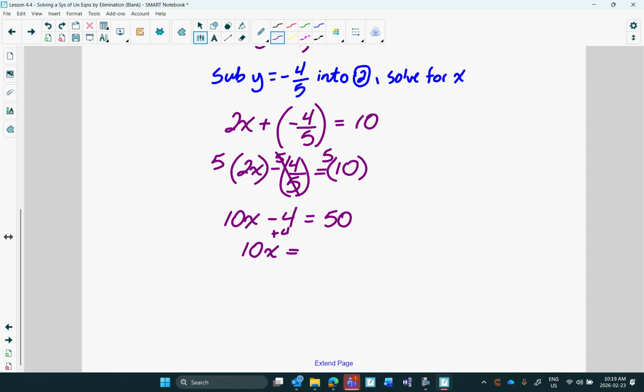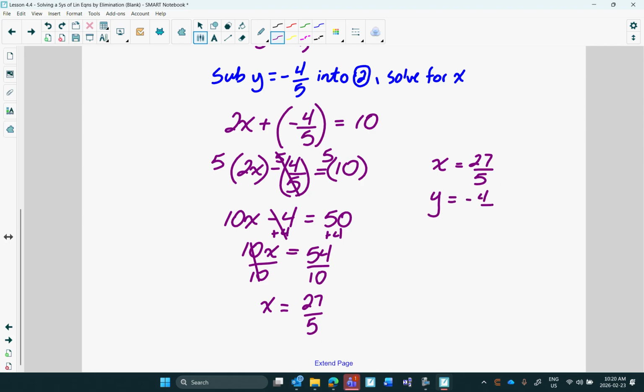Add 4 to both sides. 10x is equal to 54. Divide both sides by 10. 54 over 10, 27 over 5. No, that wasn't a very pretty one. Or if you want to write it as a coordinate,